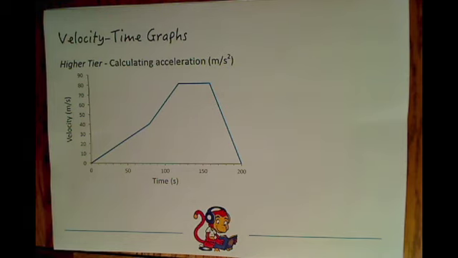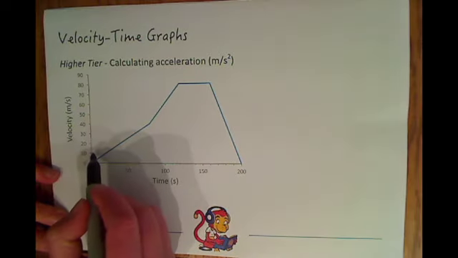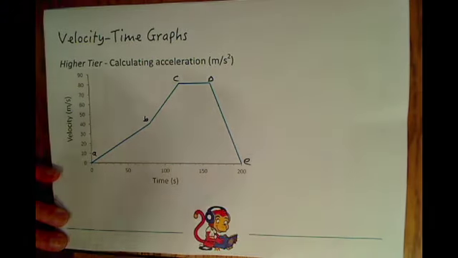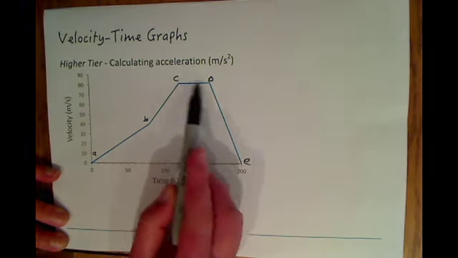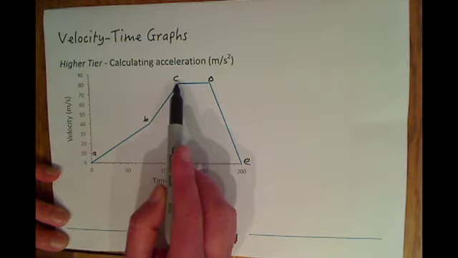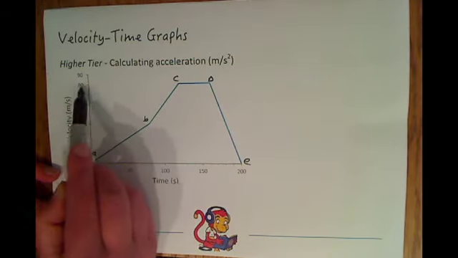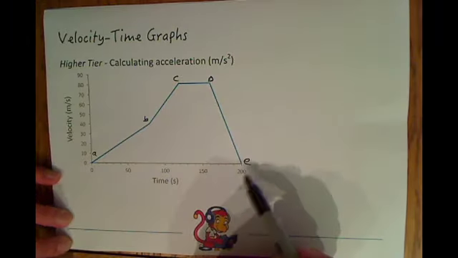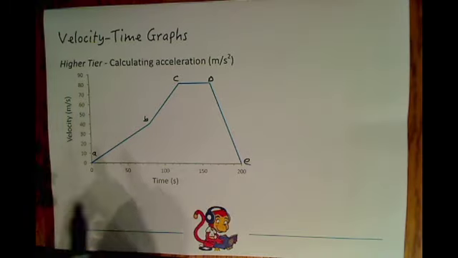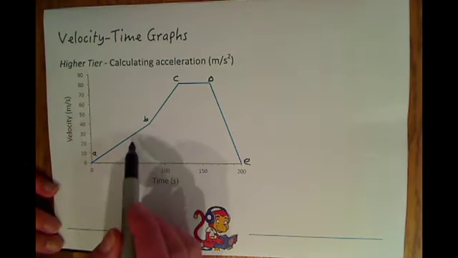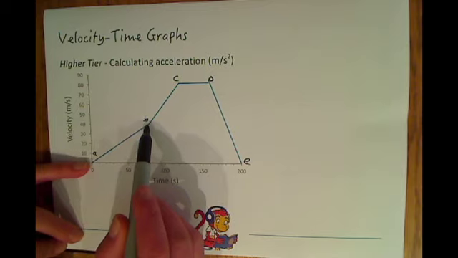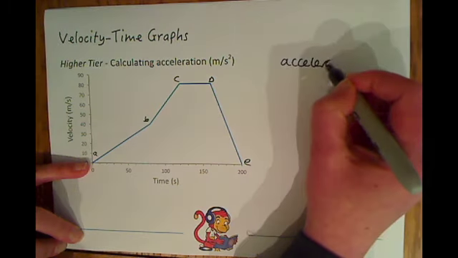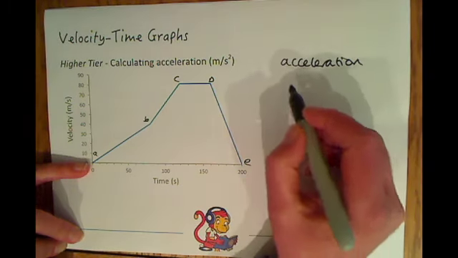So if we put some letters on here to help break down the graph, if we call this A, B, C, D and E, we said the flat line was when the object was at a constant velocity, and the slope going down was between D and E. The object was decelerating. So let's concentrate on calculating acceleration between A and B first of all, and then C and D. If we look at the acceleration between A and B,